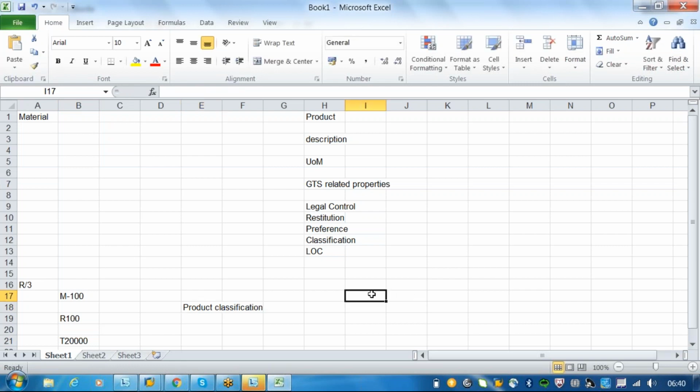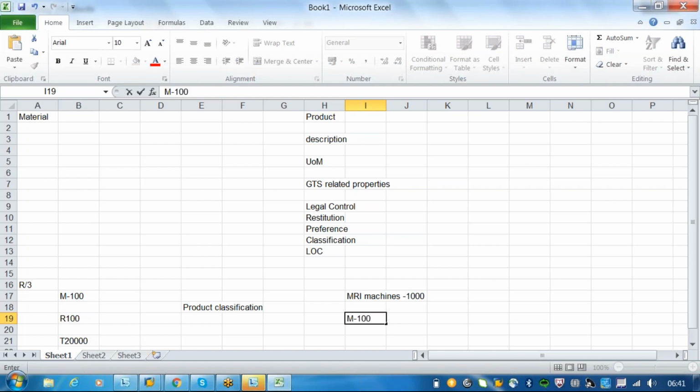Let's say, for example, MR emissions. You have created 1,000 MR emissions. In SCP, how do you represent these 1,000 MR emissions? Both are with the same number, right? Say the MR emission number is M100.